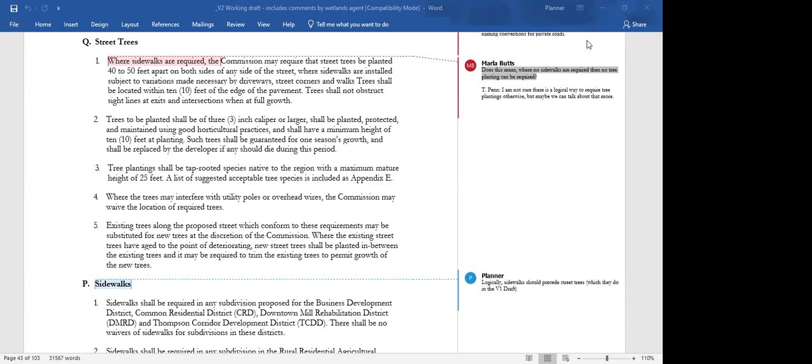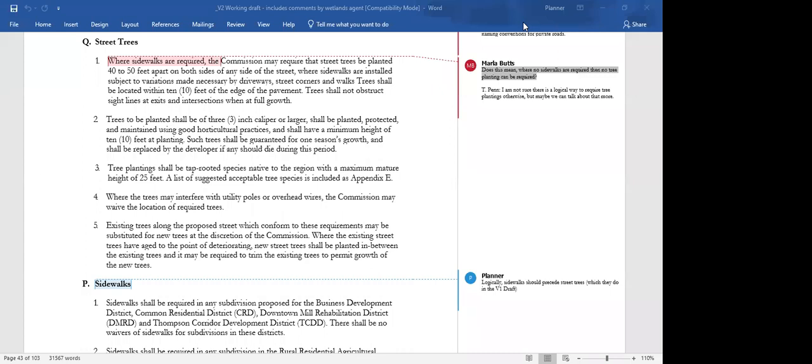And again, because I see we have some members of the public who haven't been in on these meetings before, we're just skipping from comment to comment in this draft because we've already been through this once. So we're going back to revisit where we still have open questions or where new comments were dropped in after a first review. So right here on letter Q, street trees, item 1,